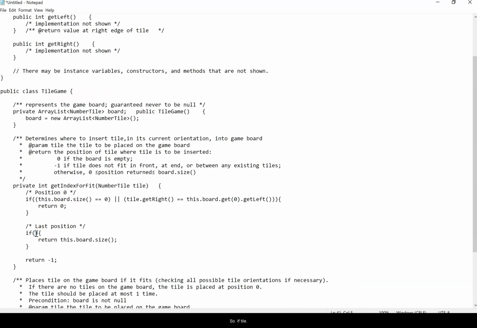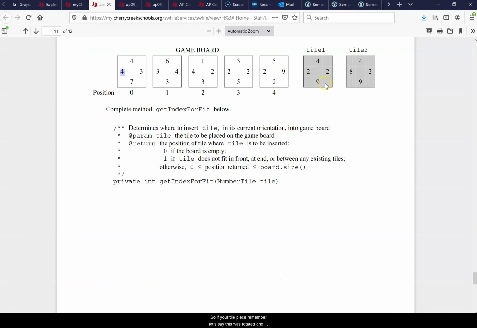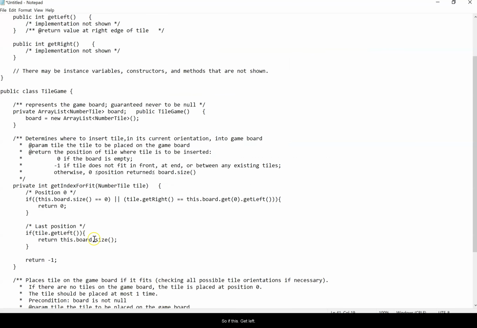So if tile dot get left, so if your tile piece, let's say this was rotated 1, and your tile piece at the left position was 9, if it's equal to this dot game board dot get the right position, if they're equal. So if this dot get left is equal to this dot board dot get